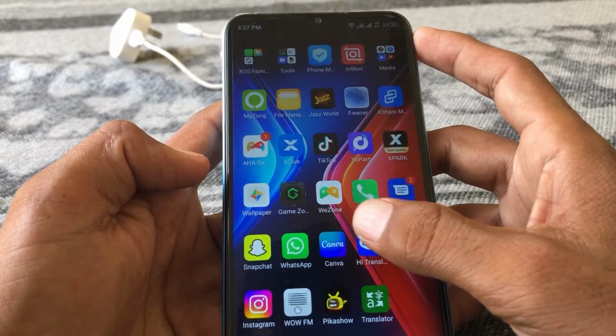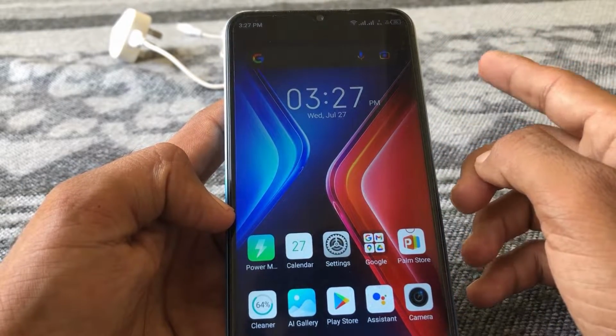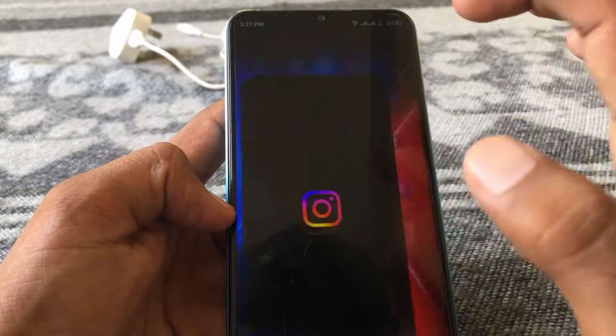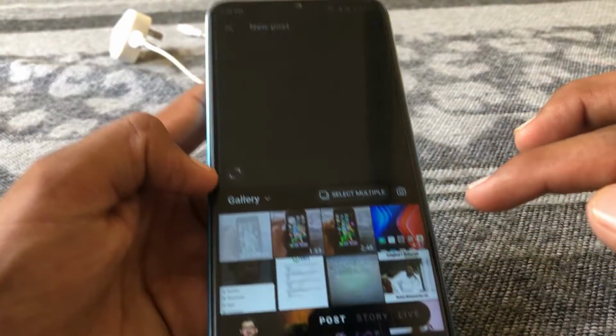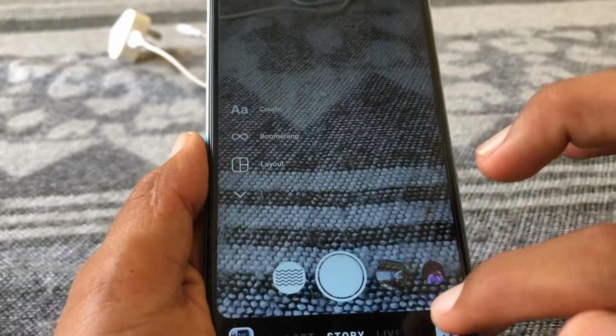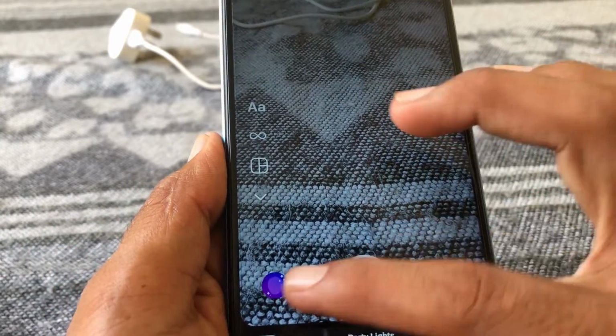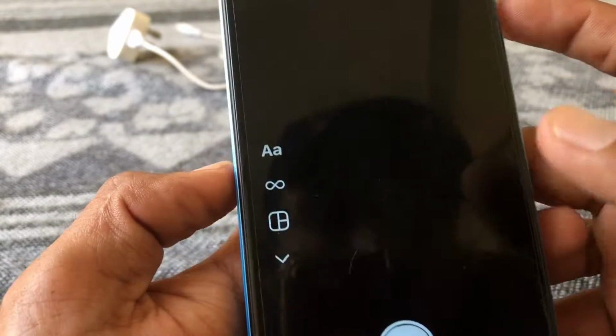If wave filter is not showing on your Instagram, then firstly you have to update your Instagram, and after that what you need to do is just simply open Instagram, and after that you have to tap on this plus icon and then tap on story, and then you can scroll to left side. You can scroll to left side all the way, and then you have to tap on this plus icon, and